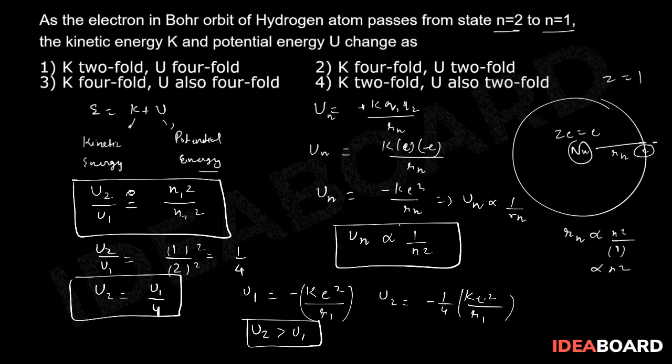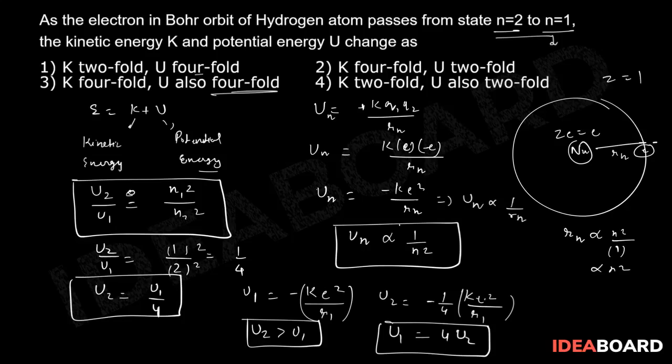So potential energy U changes as, U 4-fold. So from there I can see that we are coming from n is equal to 2 to 1. So n is equal to 2 to 1 if I am coming, U1 is this value, U2 is this value. So I can write U1 will be 4-fold of U2, but because of the negative sign it will be less, though we just need the sign. So 4-fold can be the possible answer.